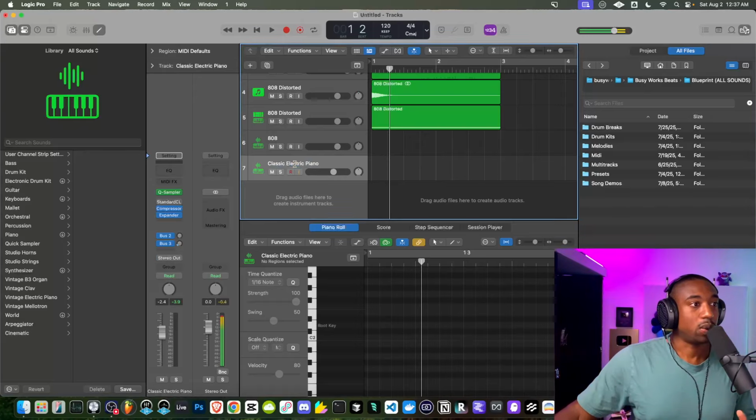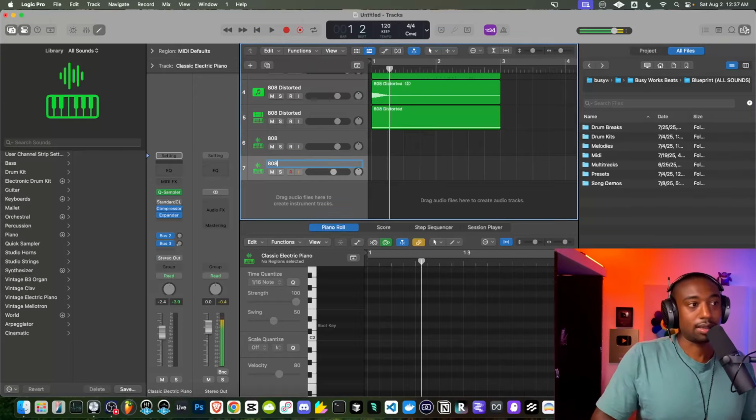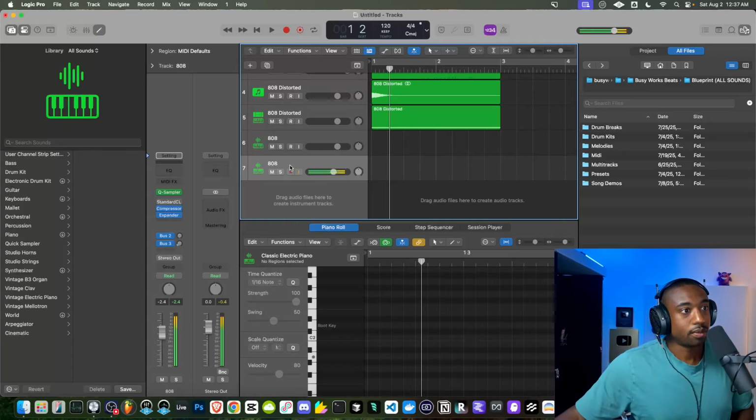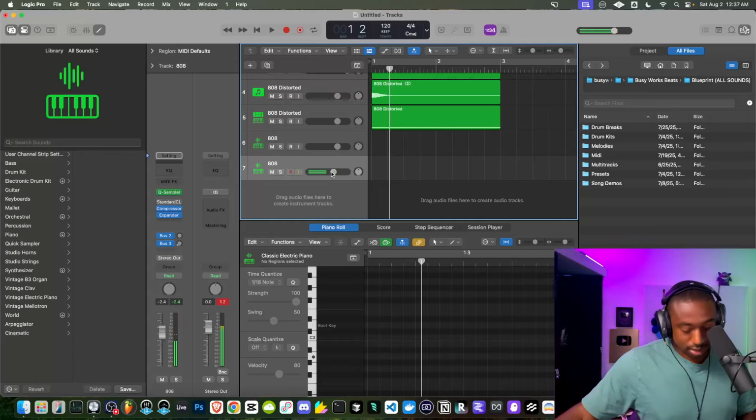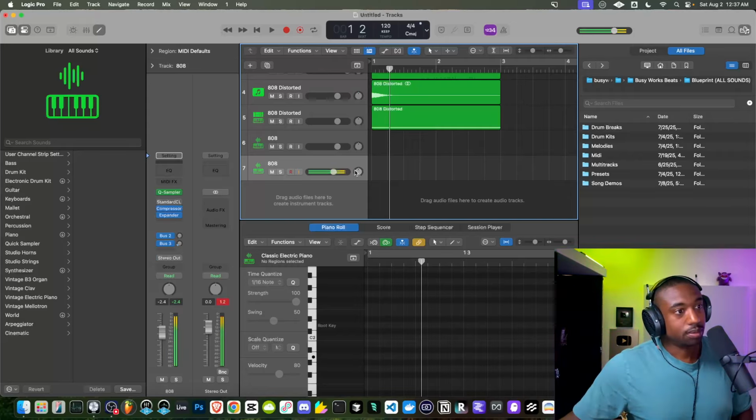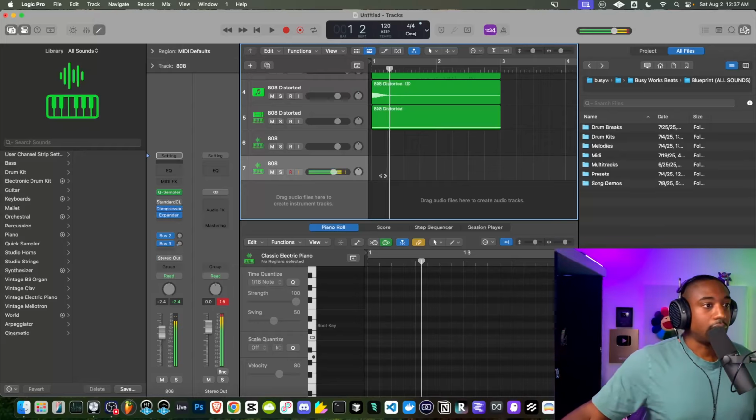But yeah, that's why people have paid packs, because it takes a lot of effort to get a good 808. And then you have to find the note that sounds the best. And then you have to sample that note. And that has to be the one shot. So, designing 808s, there's a lot to it.